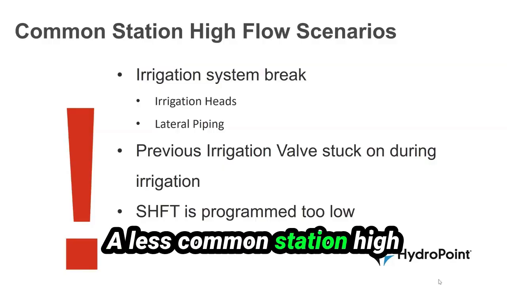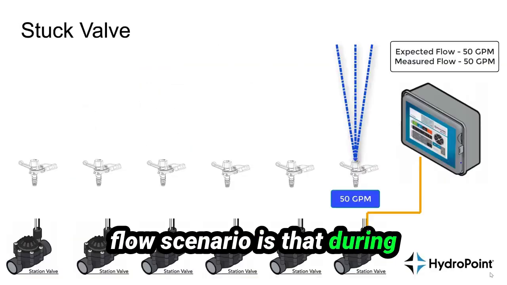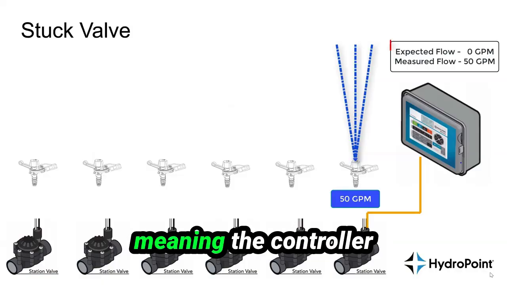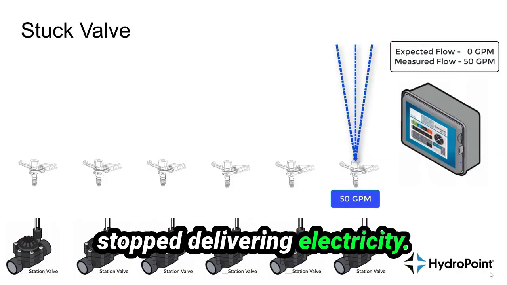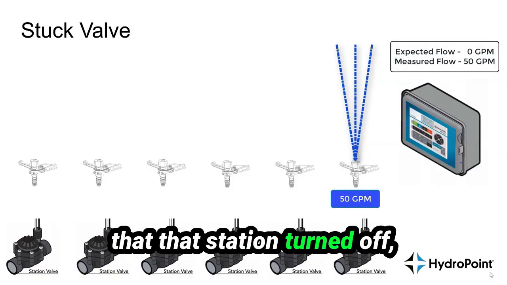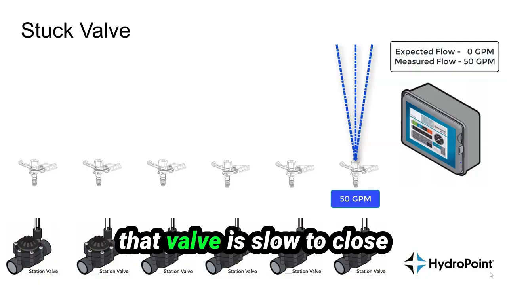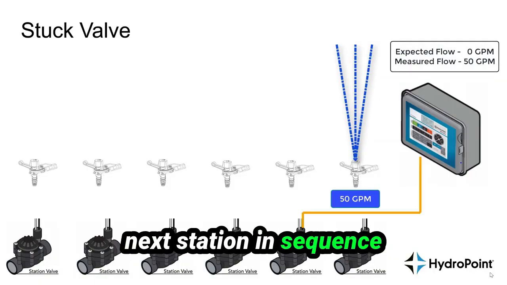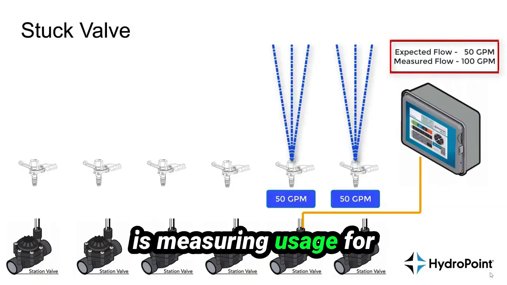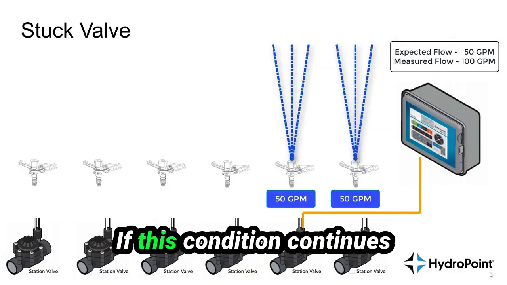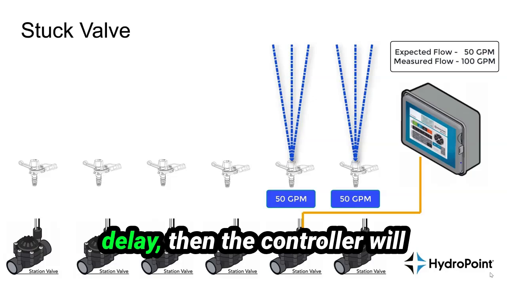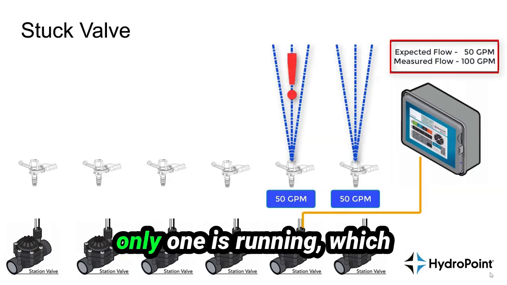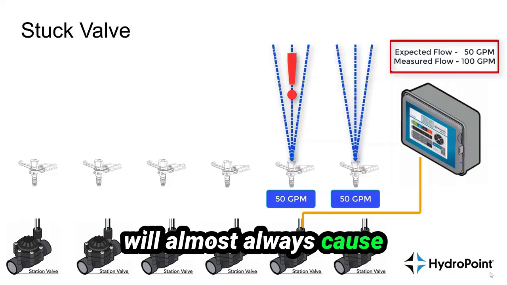A less common station high flow scenario is that during irrigation, one of the previous irrigation valves stuck on while it was irrigating, meaning the controller stopped delivering electricity, so the controller thinks that station turned off, but for whatever reason, that valve is slow to close and continues to irrigate. When this happens, the next station in sequence turns on and the controller is measuring usage for both of those stations. If this condition continues through the 3-minute delay, then the controller will be showing the measured usage for both of these stations, even though it thinks only one is running, which will almost always cause a station high flow